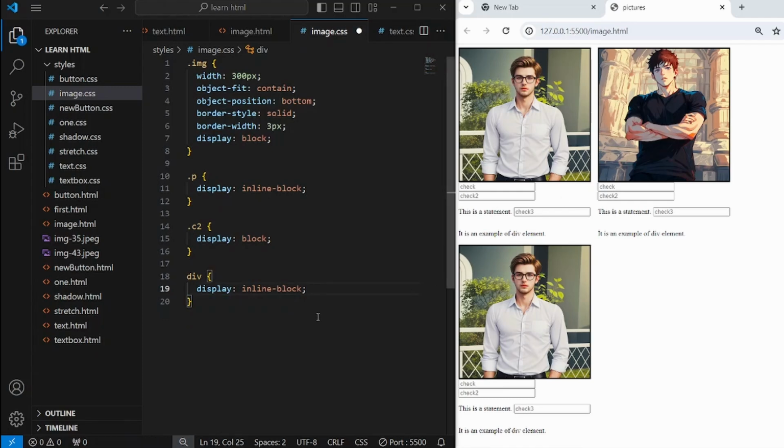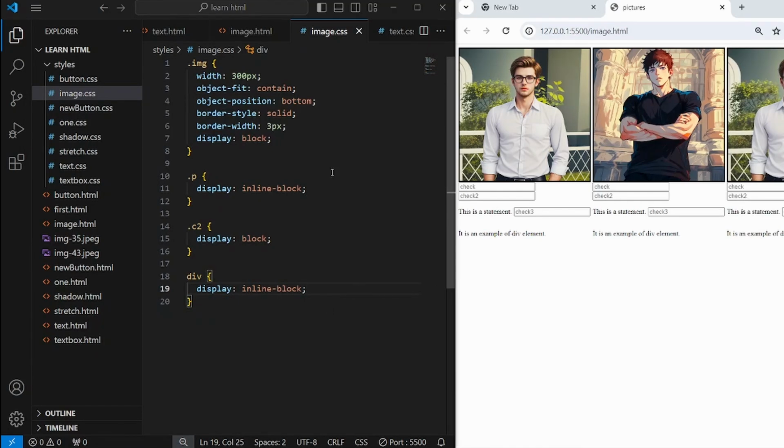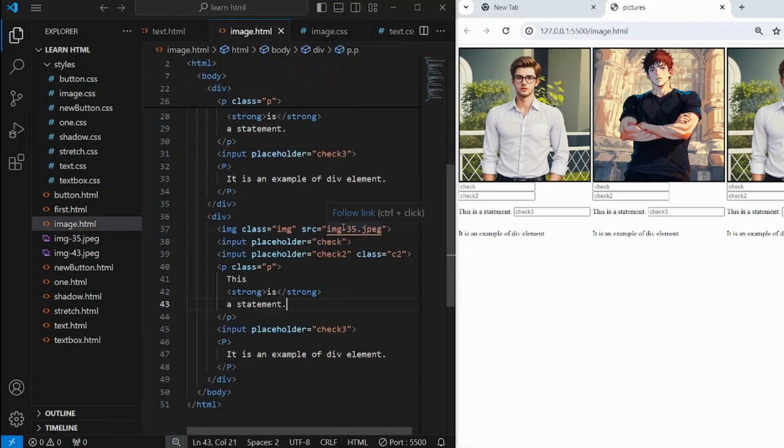Let's cut this and save this. Notice we have never given any space, but still there are some spaces. Such small spaces cause calculation errors and can cause alignment issues. By the way, you must be wondering where this space comes from. So this space is actually coming from, see, these two div elements are,